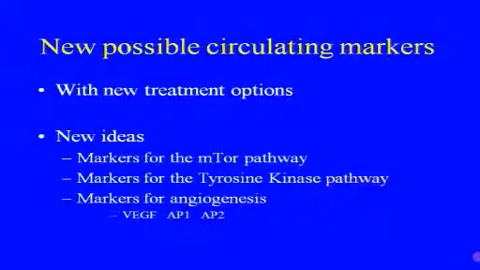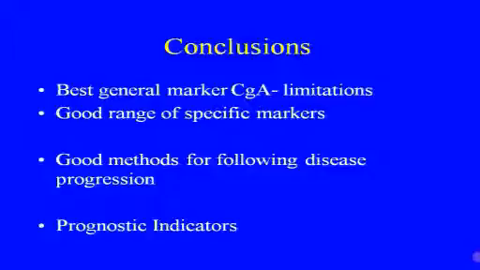With new treatments, we have new ideas, and we'll maybe have more targeted therapies. We can measure things; there are several pathways that neuroendocrine tumours may follow, similar to other cancers, sometimes not just so independent, and we can maybe find markers that are related to those. When we think of angiogenesis, these are very vascular tumours, lots of blood supply. So if we look at some of the markers of angiogenesis, maybe this would be very interesting. And this would be more geared to some patients rather than all patients, even in the single group.